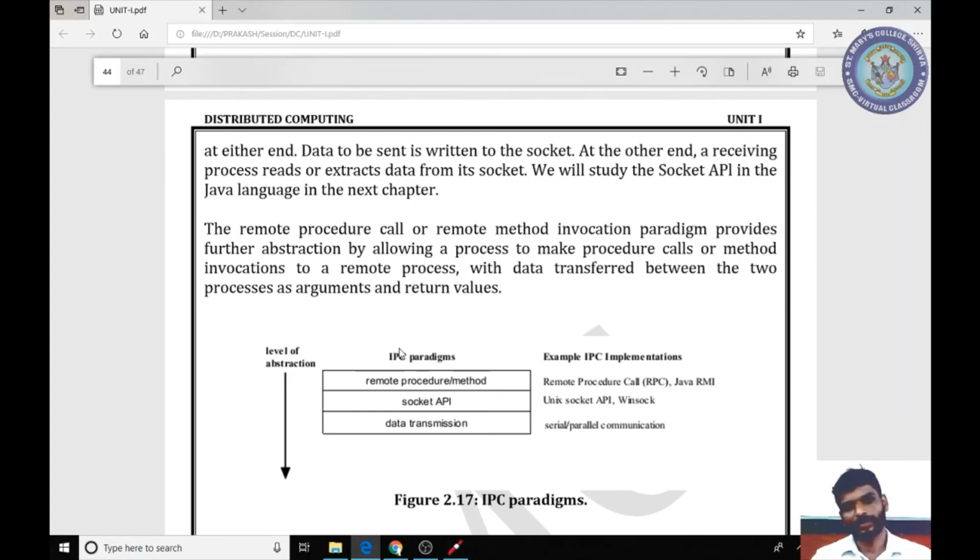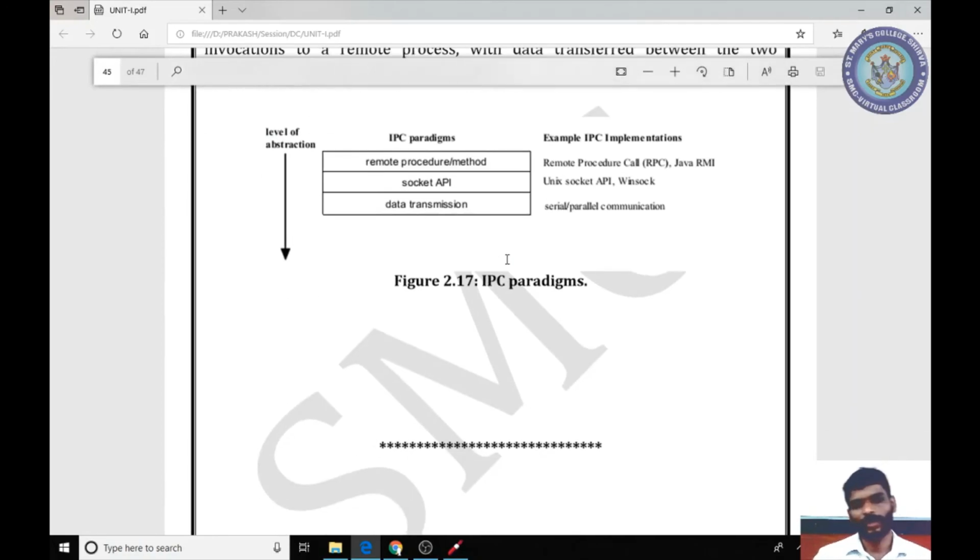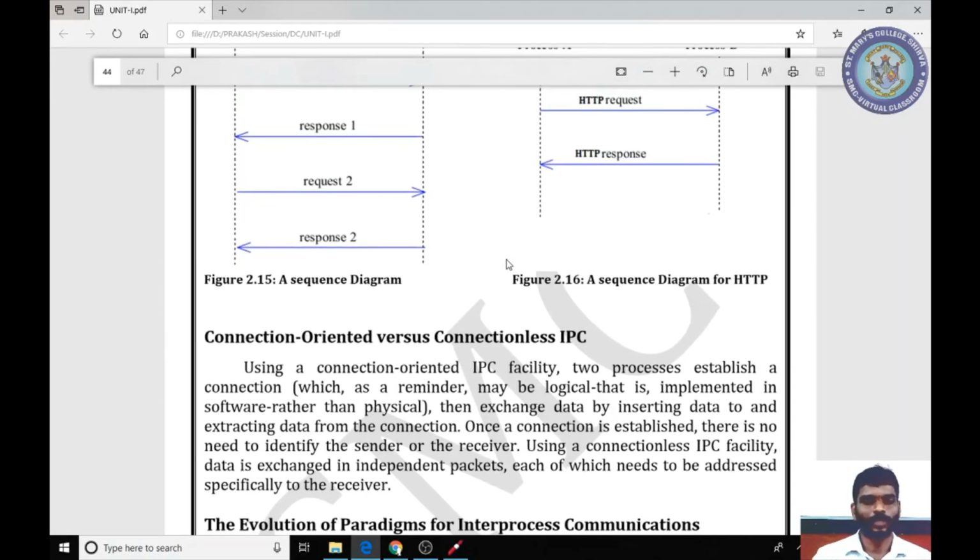And if I access your resources, for example when two systems are connected, then the resources of the other system become remote to me. So that is remote procedure call or remote method invocation, which provides the high level of data abstraction.